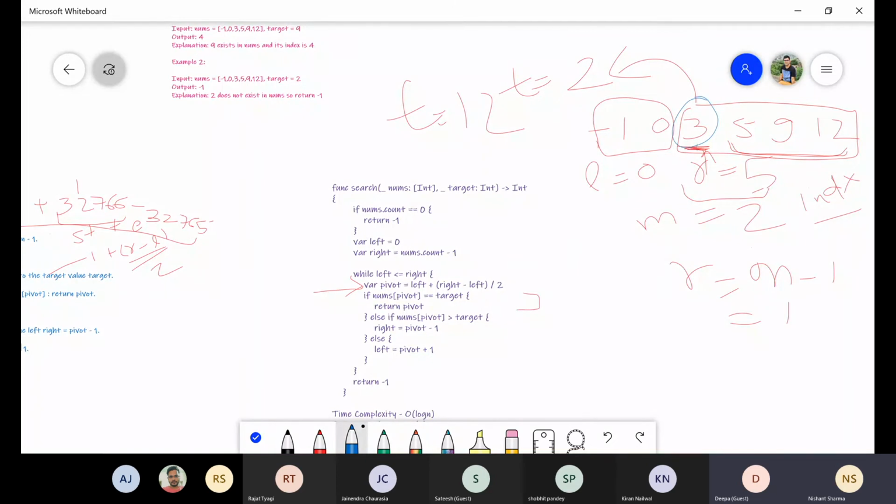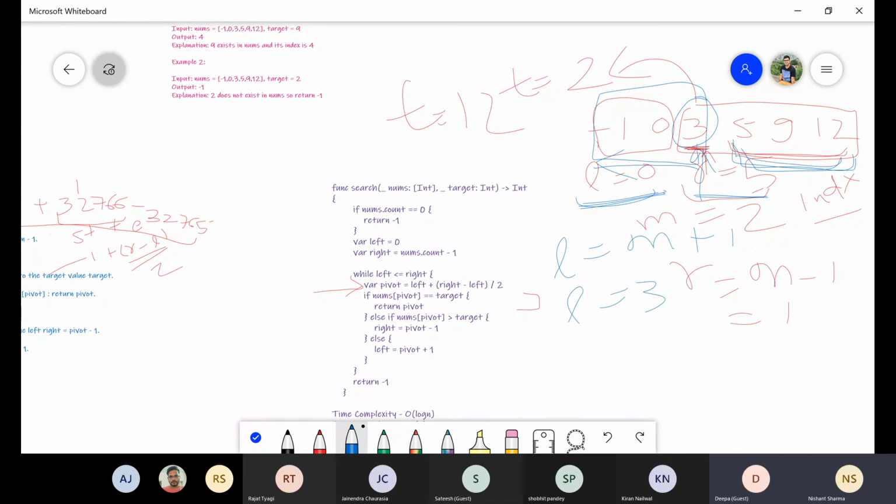It means we cannot find our answer on the left side, because all the elements on the left side will be smaller than the mid element, because the array is sorted in nature. Now we will see, okay, then we need to search in the right side of our array. So to search in the right side, I need to increment the left value instead of reducing the right value as we did earlier. So to increment the left value, what we will do is mid plus 1. Mid was 2. Now left will become 3. So the array becomes 3 to 5, this one, 5, 9, 12. And I will try to search in this.